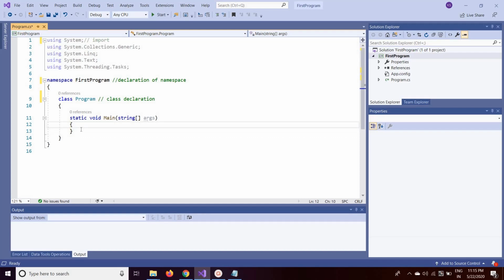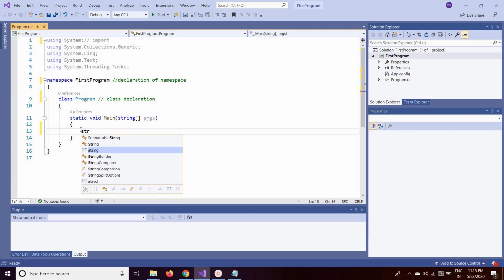Now we will declare a variable. We'll see what variables are in the next session. I'm going to declare a variable of string data type, message, and print this message to the output screen: Welcome to C# tutorials.